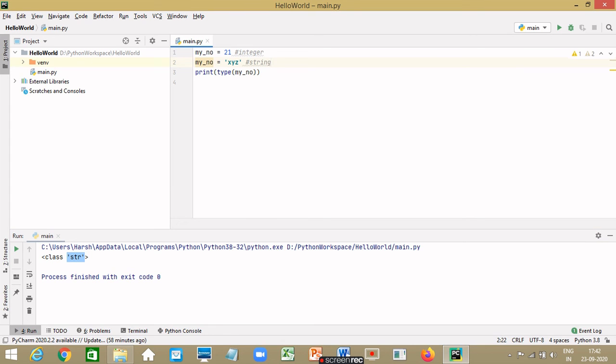And it's always referred to in single quotes or double quotes. So either single quotes or double quotes, both are valid in Python. Since the same variable, my_number, can have two different types of values, it makes Python dynamically typed.